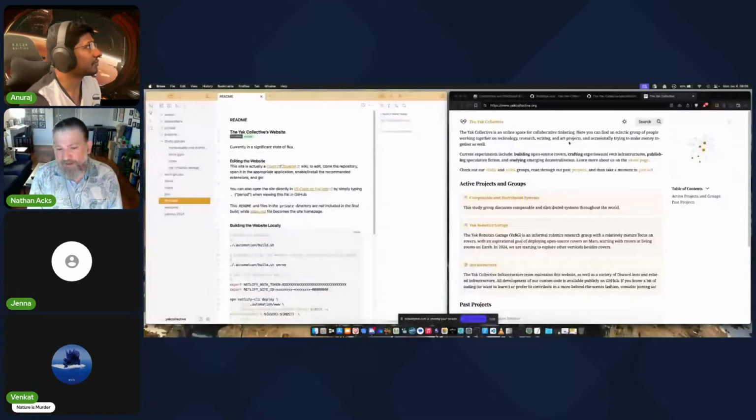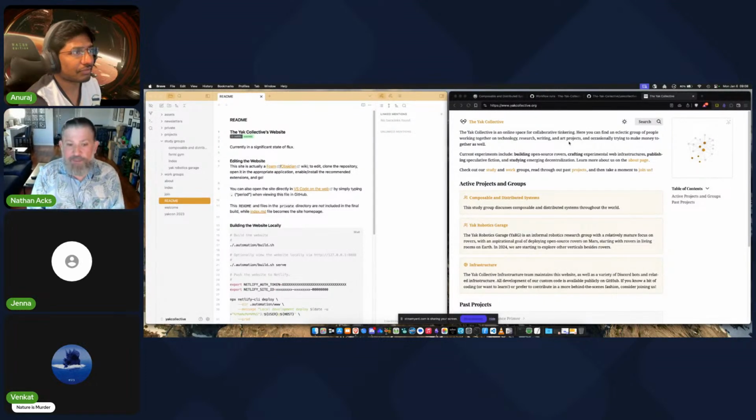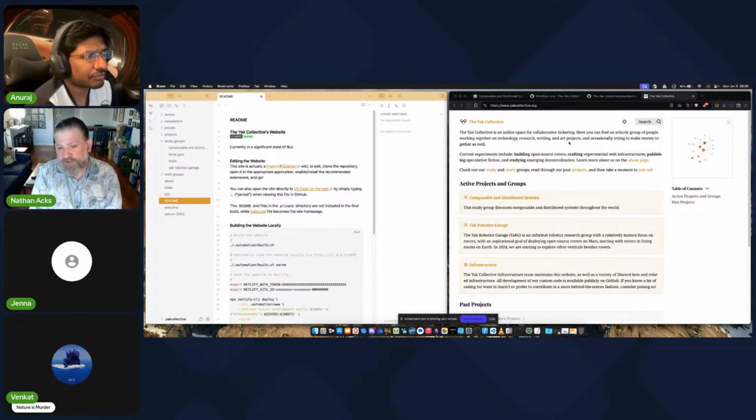I'm happy to talk a little about the philosophy of Quartz, a brief preview, but I want to spend most of the time walking through the features of Quartz, particularly as it relates to our website, how to edit the website, some of the affordances we have, and why I've made certain decisions.